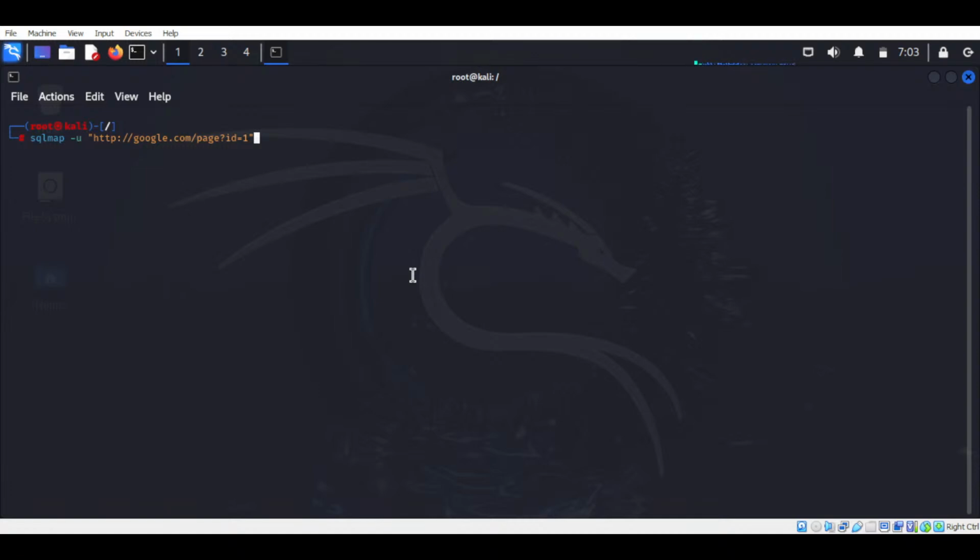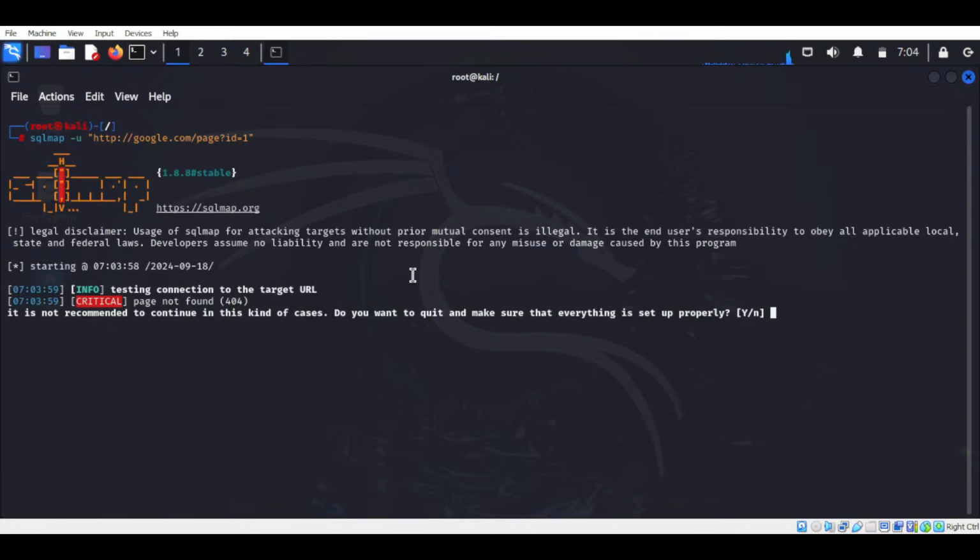to SQL injection. Here I press enter and it starts our work, and it asks us: it is not recommended to continue in this kind of case. Do you want to quit, make sure everything is set up properly? Here I type yes. It showed an error because it's a Google domain name. That's why it doesn't do any work on it, and I'm closing